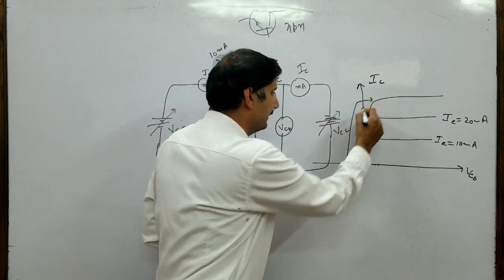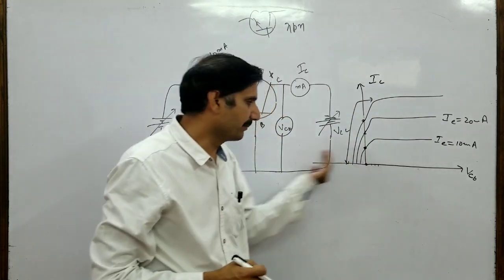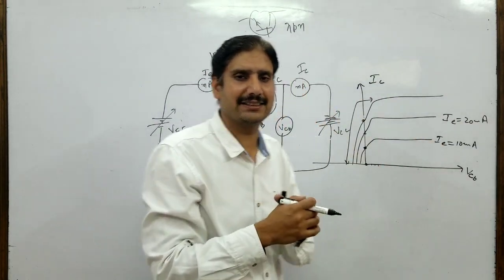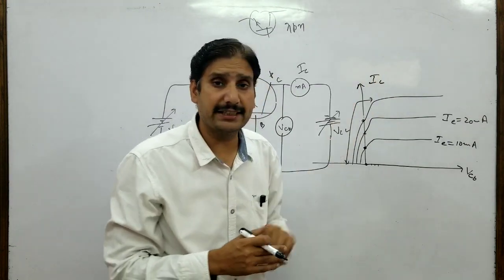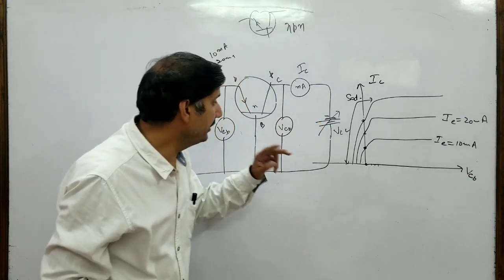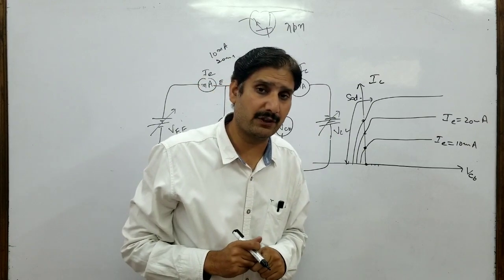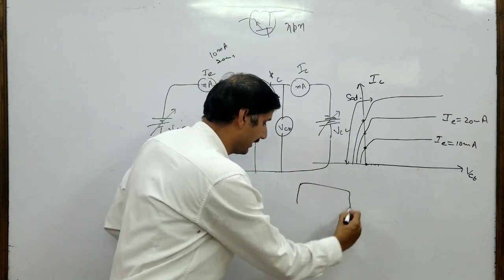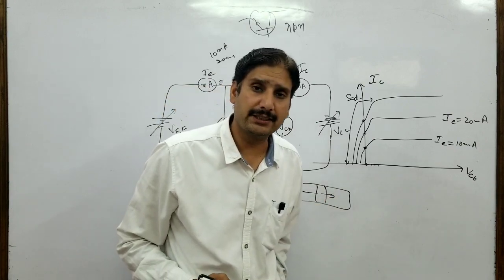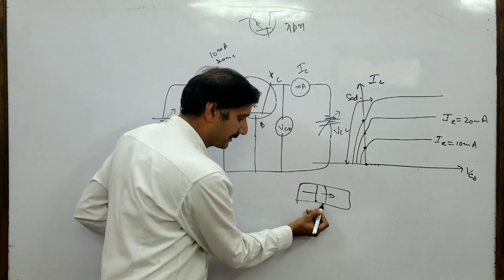Now in this region the current starts to increase very rapidly. If you are coming from that side, you may say it's falling. If you are going from this side, you may say that current is rising sharply. This region is called the saturation region, because in this region, what you did actually, you changed the polarity of the battery. That means now the collector base junction has also been made forward bias. Now both the junctions are forward bias. If both junctions are forward bias, it is very easy for current to flow from emitter to collector, and current suddenly increases. There is no resistance across the junctions,